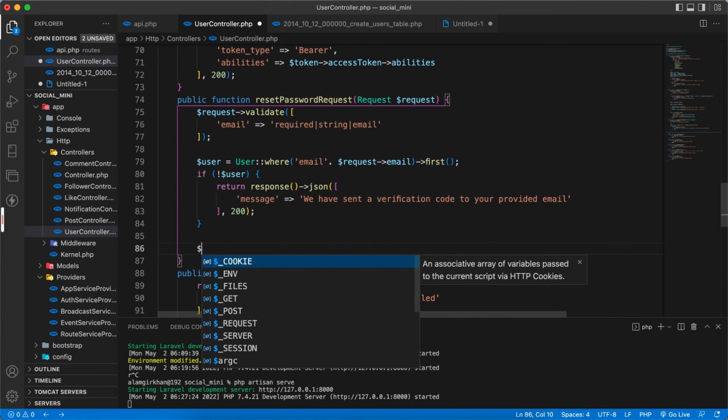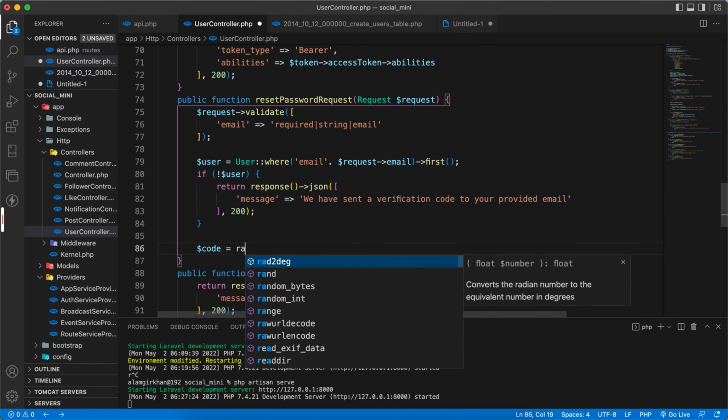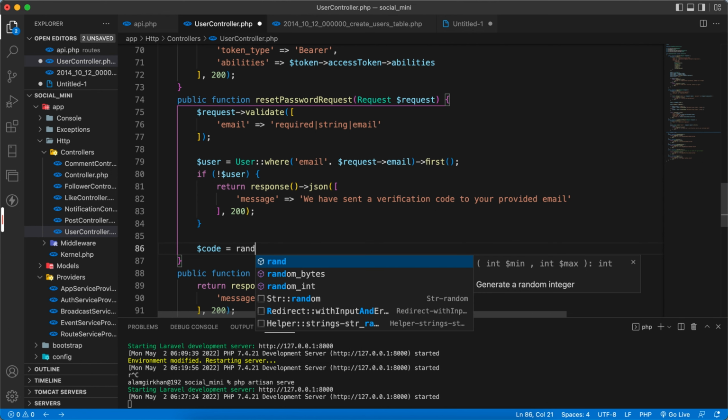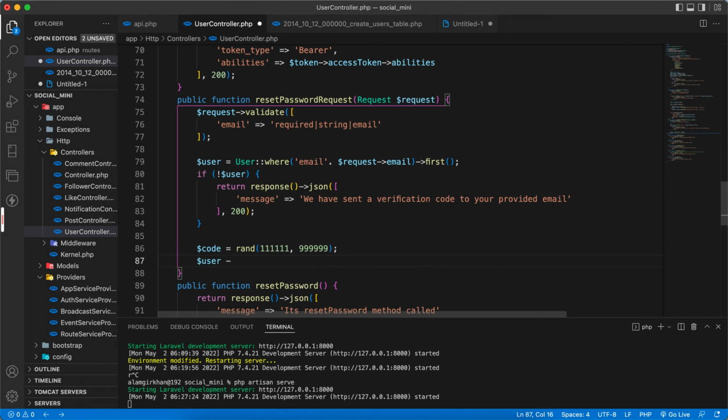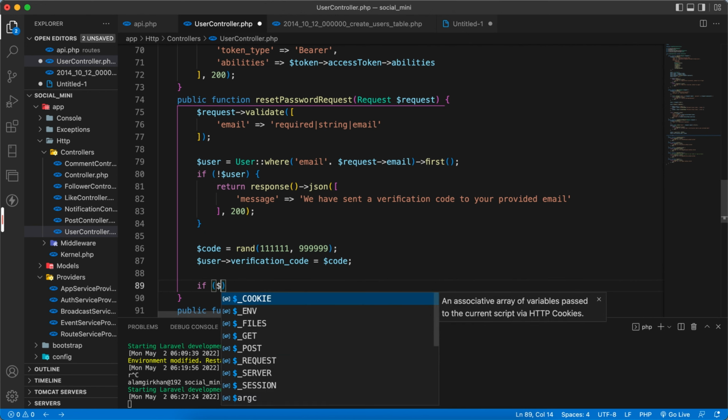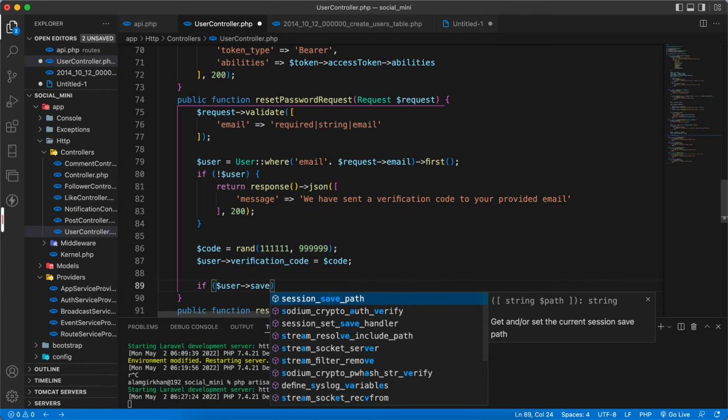we have to create a code using random, and it will be a 6-digit code, so 1 2 3 4 5 6, and also 1 2 3 4 5 6. And the user verification code we will modify, update. Okay, like the verification code will store this,